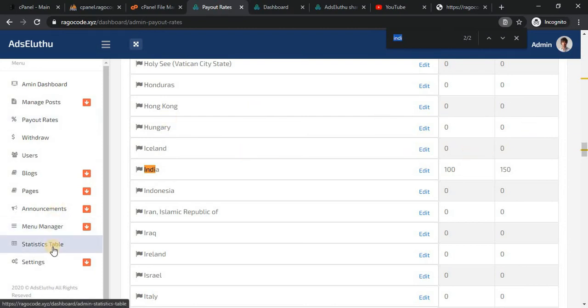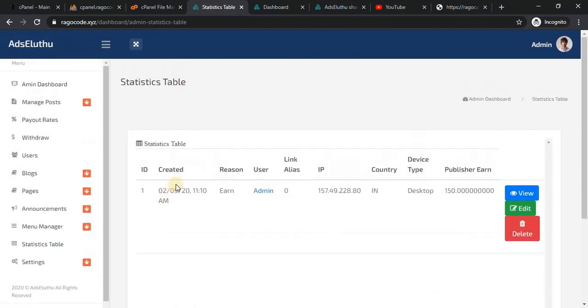And also I check the stats table. This stats table shows when the record was created, the owner of the user, the IP address, the country code, the device type, and the publisher earnings. You can delete this amount and edit it.